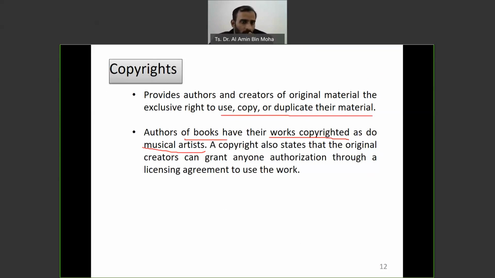So if you watch or get it illegally, download it from the internet and things, you may be fined for that act. Even in some developed countries, downloading is illegal. I mean, they automatically don't allow you. You can't proceed to download if it's copyrighted. Copyright also states that the original creators can grant anyone authorization through a licensing agreement to use the work.